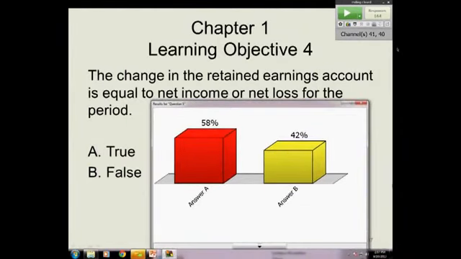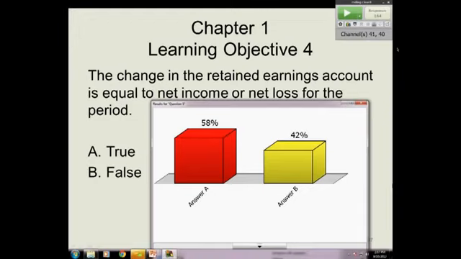All right. So let's look at the question again. The change in retained earnings is equal to net income or net loss. I didn't say a change. I said the change, and the answer is false. And here's why. There you go. The change in retained earnings is net income or net loss for the period minus dividends. Forgot the dividends. So the